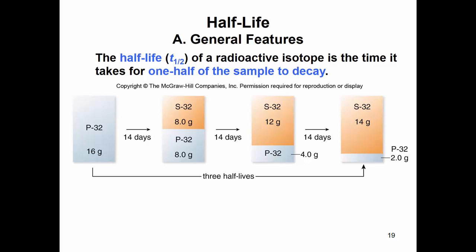So if we have 16 grams of P-32, the isotope phosphorus-32, and its half-life is 14 days. Okay, so each radioactive isotope has a half-life as a property. Different isotopes have different half-lives. And it doesn't matter the amount of the sample, the temperature, or the pressure. This is actually sort of a negative when we're thinking about trying to store this radioactive waste, because it doesn't really matter what we do